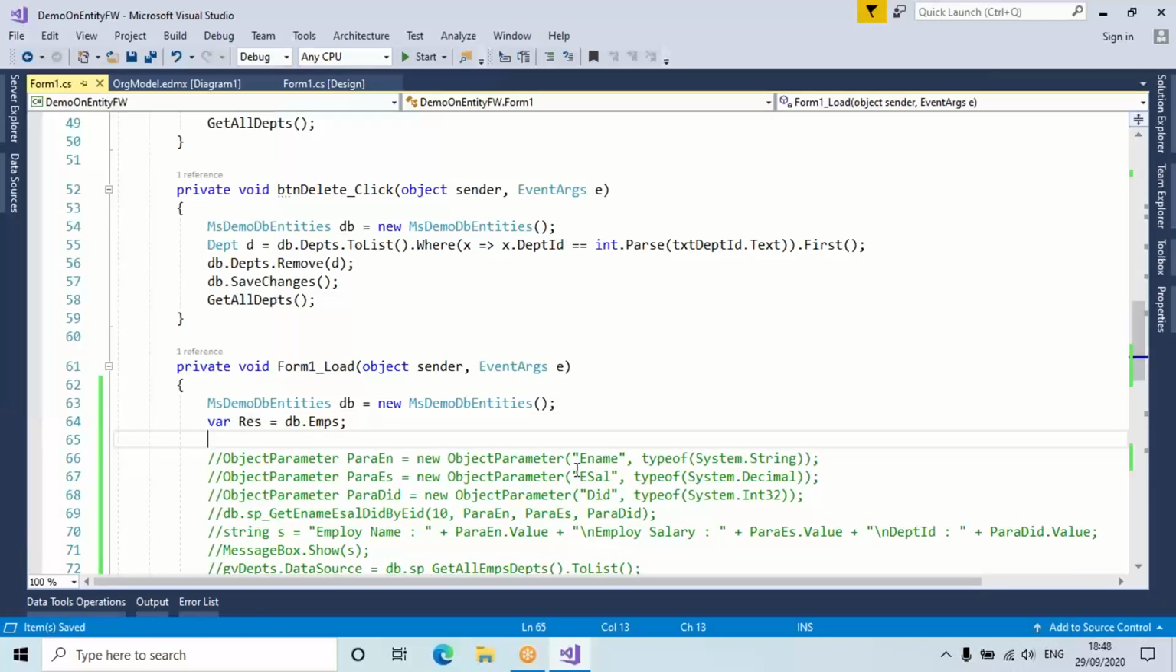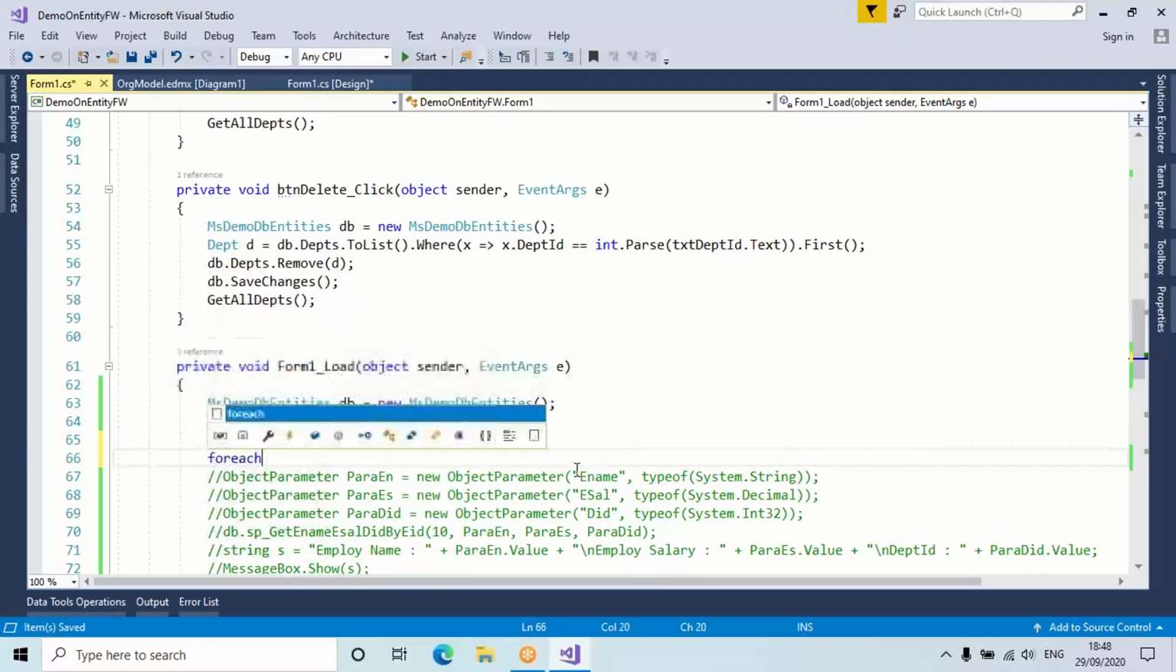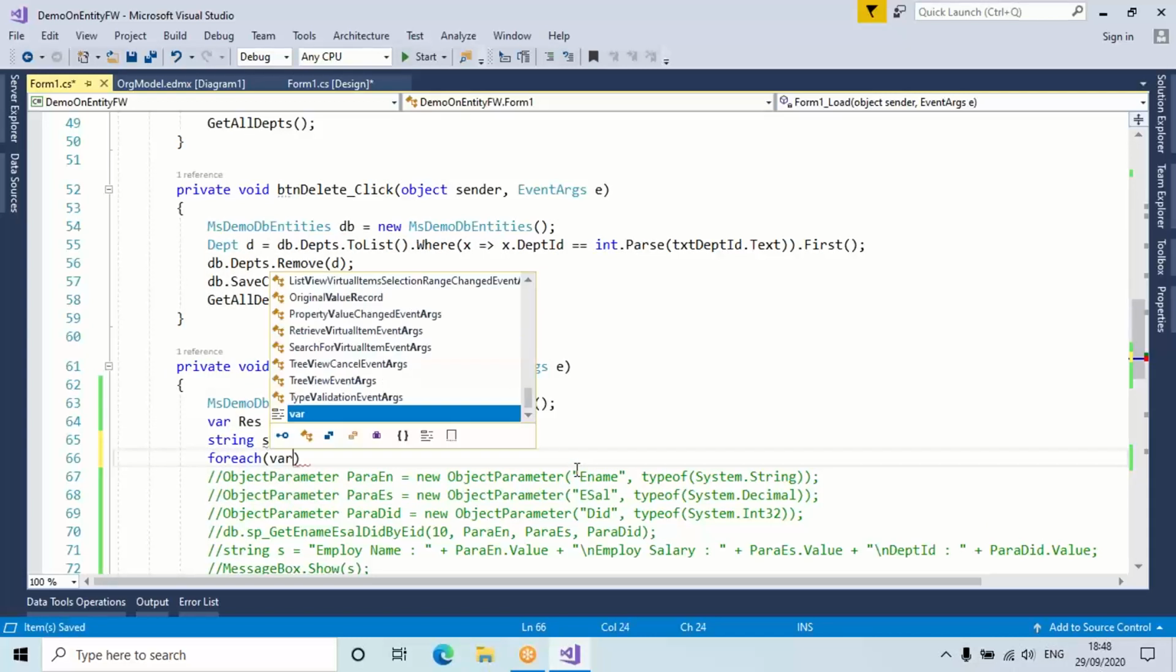Interesting thing to notice in this coding is I said connection dot table name. I didn't write to list. Just writing without to list makes a big difference in Entity Framework. Anyways, we'll continue. String s equal to blank space, for each var